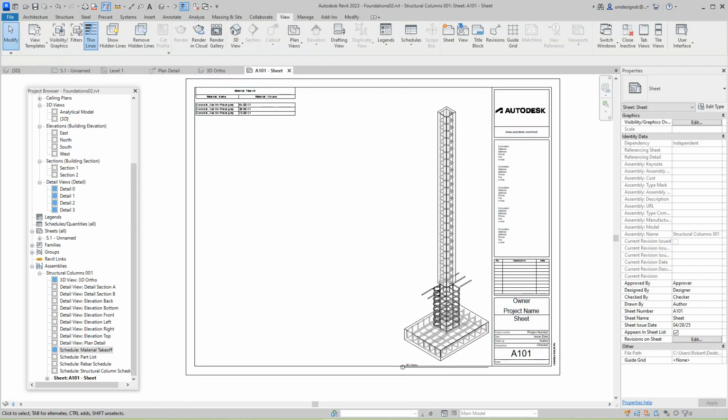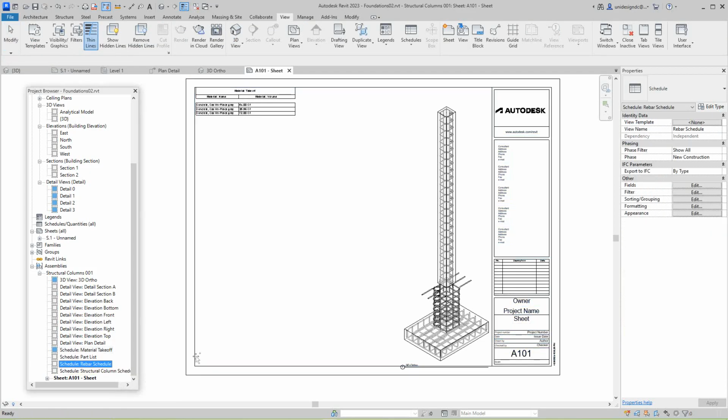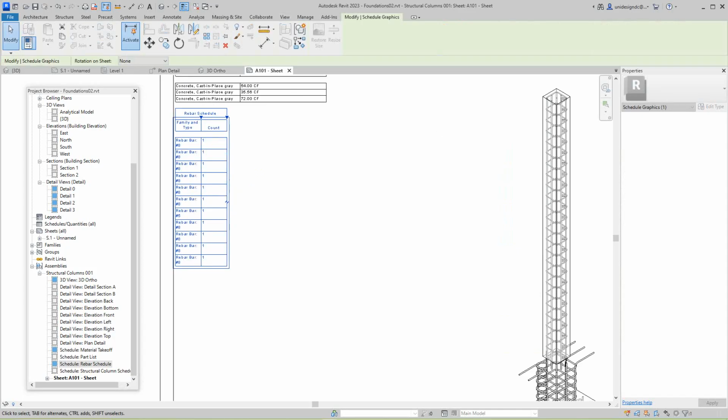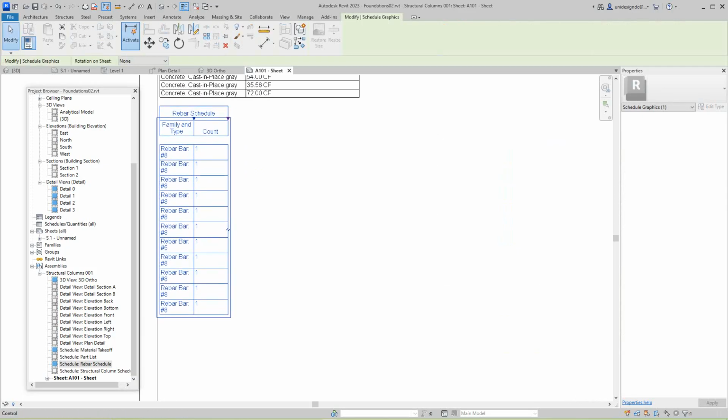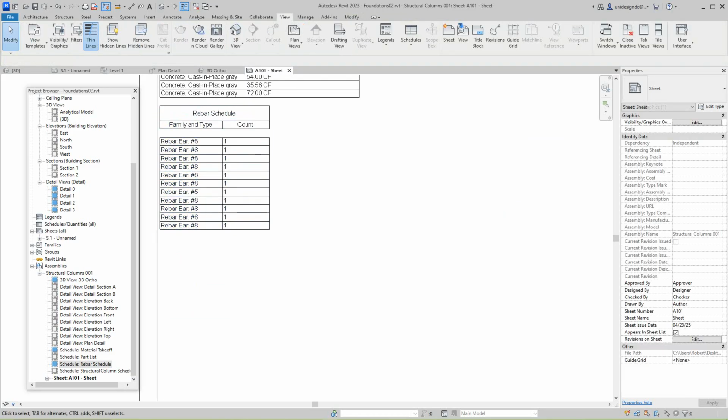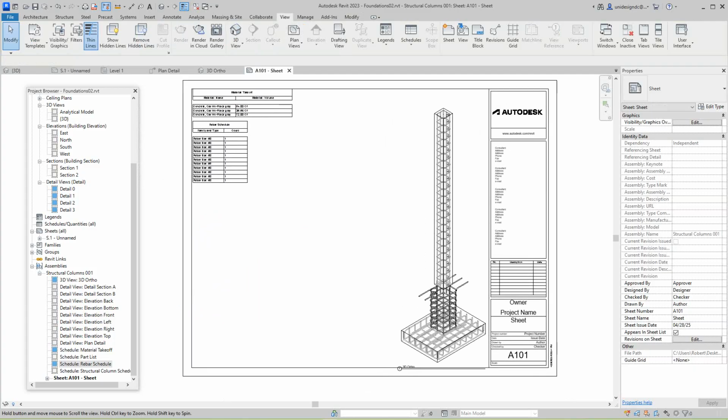So then also I want to take my rebar schedule, bring that over. Yeah, we did mostly number 8 bars here. We can adjust these schedules. So this is how I would do my sheets for the